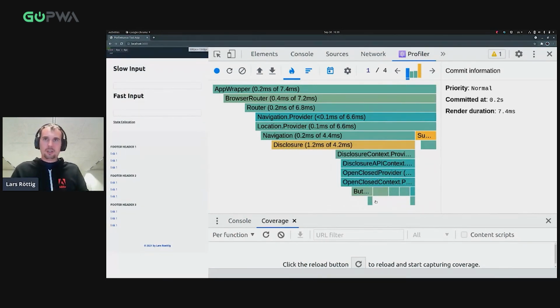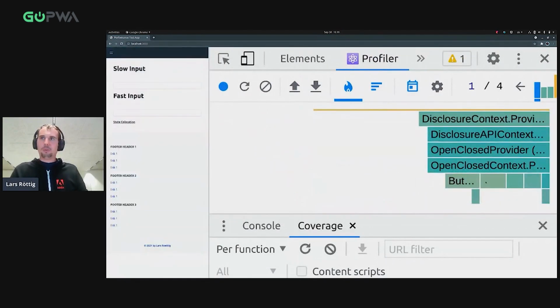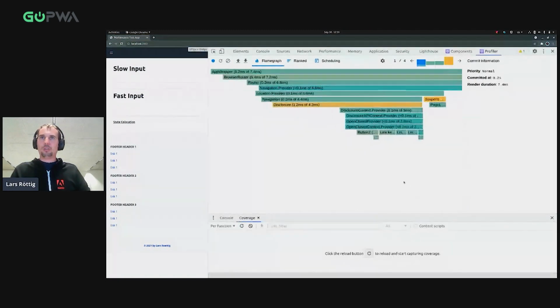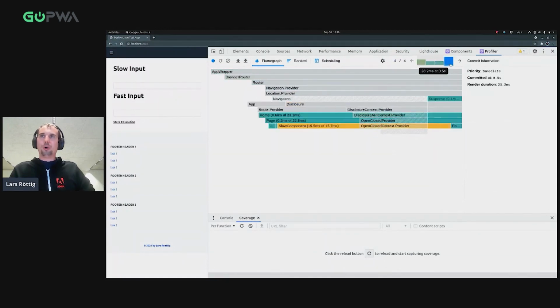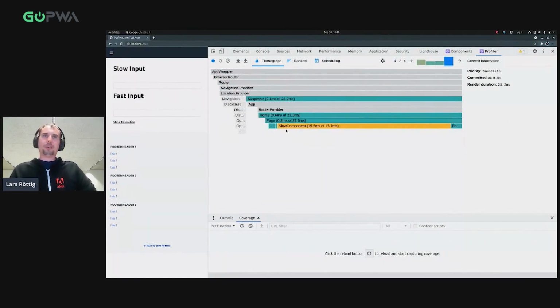Sometimes it's really helpful to see, okay, I have a component that is slow. You already see some things like that here. So we have 50 milliseconds taken only by the slow component. So maybe I should memoize it. Maybe I should think about whether the state is really placed correctly or something like that.